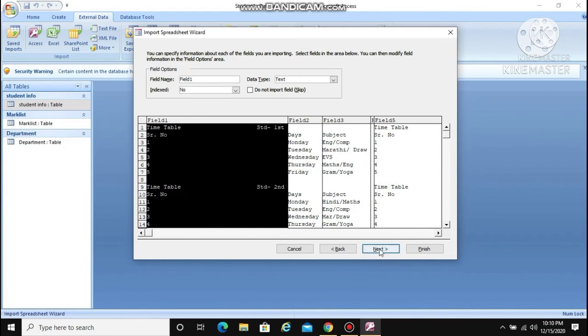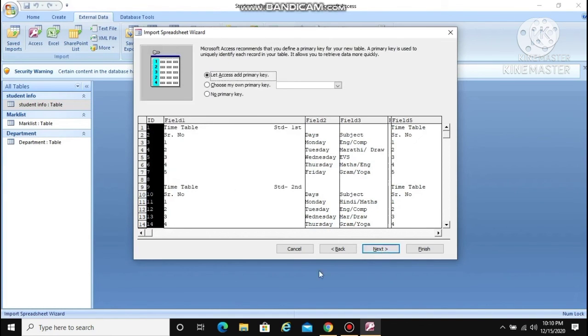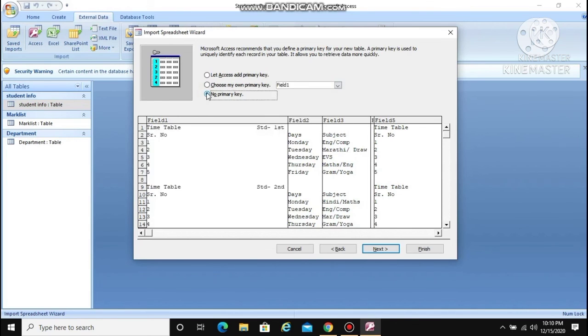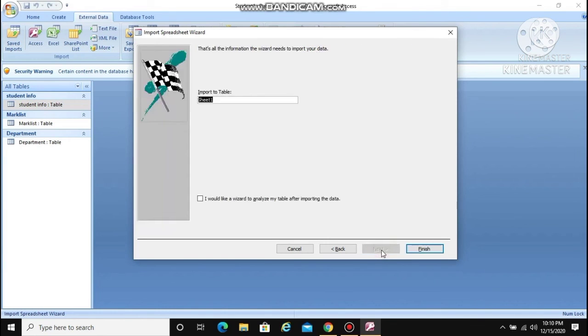Once you click on Next, it will ask whether you want to set the primary key for your table or not. If you want to set one, just choose Let Access add primary key or Choose my own primary key. If you choose your own, you have to select the field on which you want to set that primary key. And if you don't want one, just click on No primary key. Then click on Next.